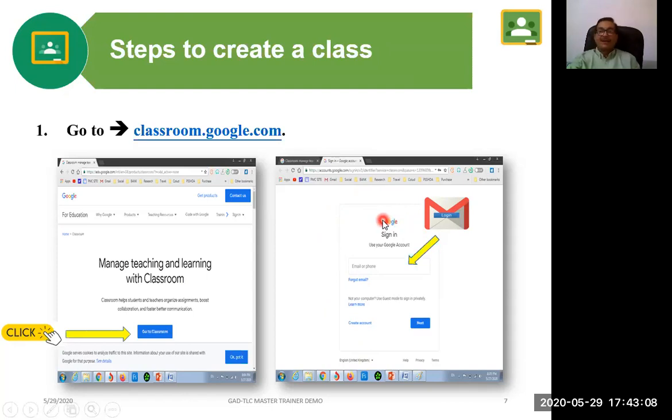Most of us have a Gmail account, so you have to log in with the username and password of your Gmail account. And if you do not have a Gmail account, just create it. It is very easy. You can create it by clicking over here, Create an account. So you can easily create a new Gmail account and log in to further proceed to create a Google Classroom.